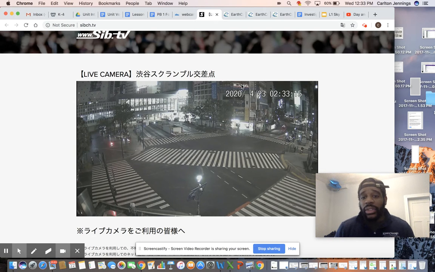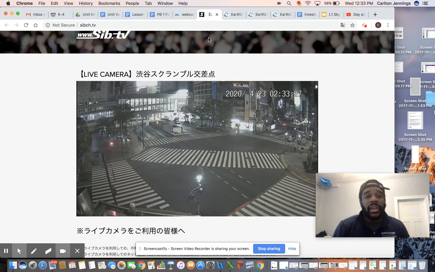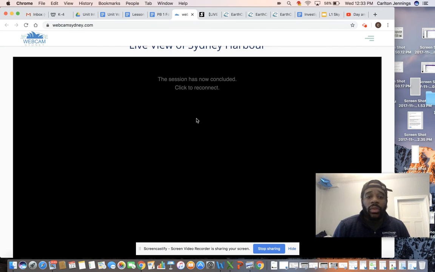It's actually 2:33 in the morning. So this is where most people are sleeping. So while we're up in the daytime enjoying our day, these people are mostly sleeping. So they're in a different time zone than we are in. We're also going to look at,